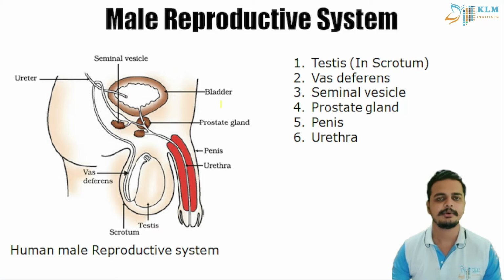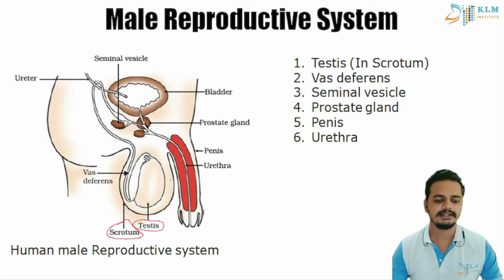So the male reproductive system has these parts, that is testes. You can see here testes. It is in a sac known as scrotum. Why is it in a separate sac? Because the human male sperms are required to be at a lower temperature. Our body heat is somewhere around 36 degrees Celsius, so they cannot survive in such conditions. That's why they need to be a little bit